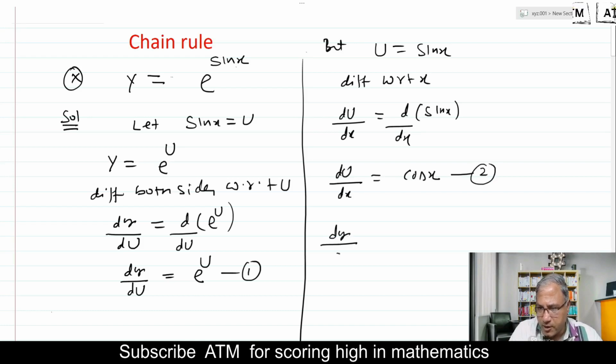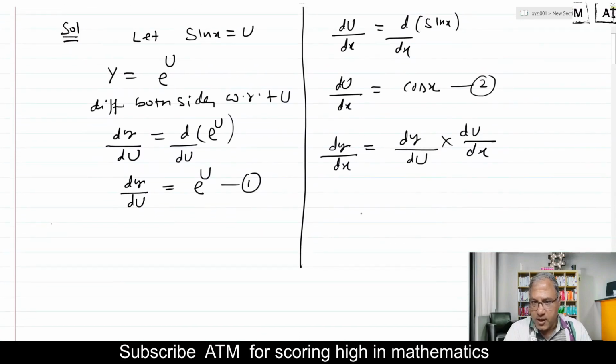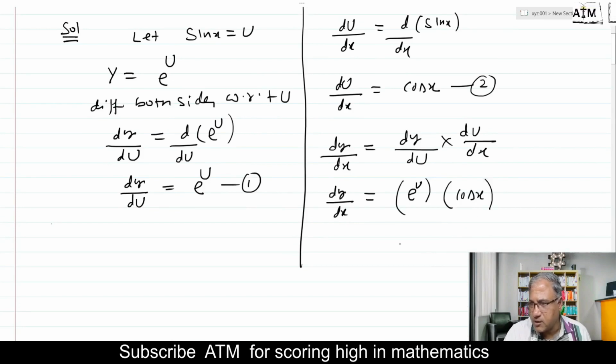Now by chain rule, dy by dx equals dy by du into du by dx. What do you do now? You multiply both the results, and dy by dx equals dy by du, nothing but e raised to u, and du by dx, nothing but cos x. Multiplying the results of 1 and 2, we get dy by dx equals e raised to u cos x,